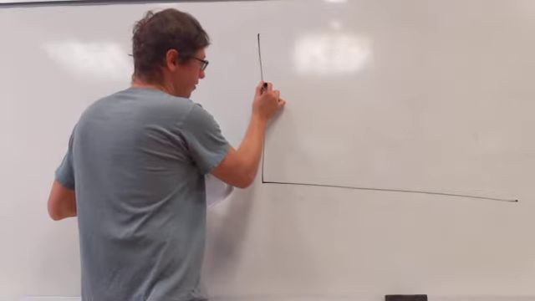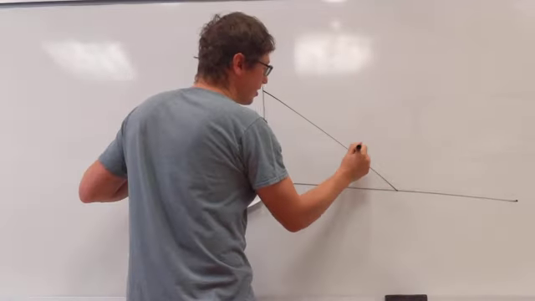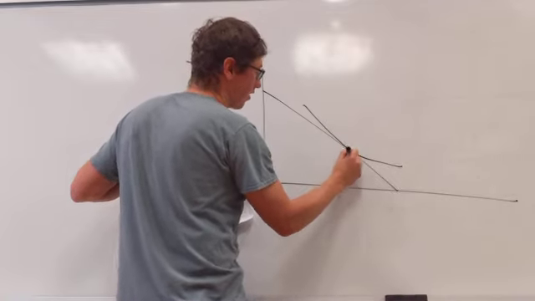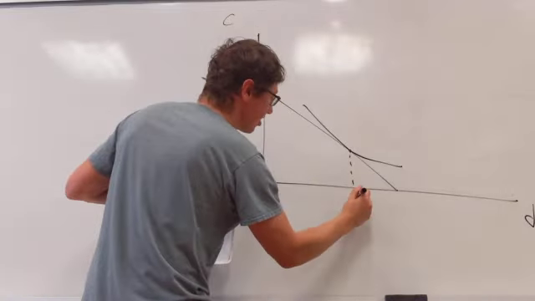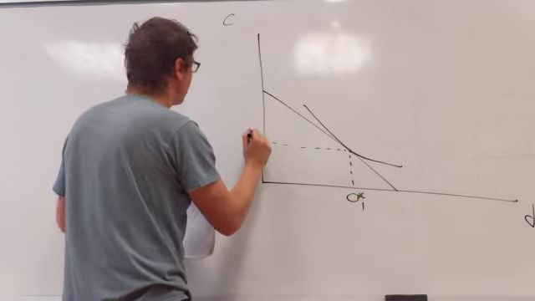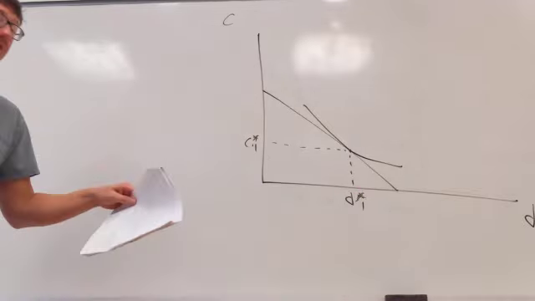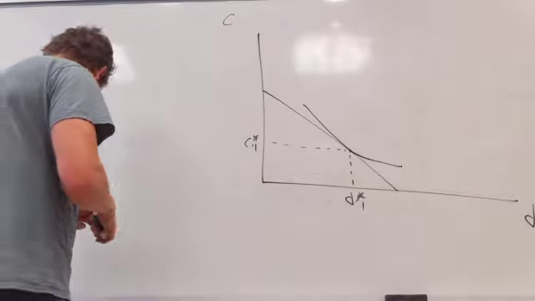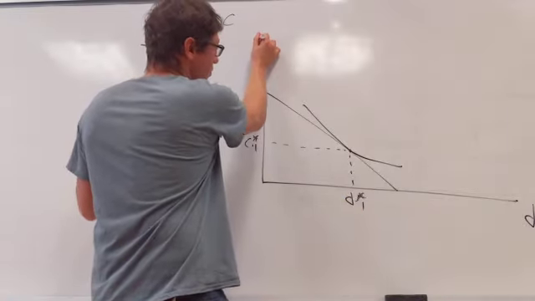Okay, so you have some initial budget constraint, and some initial indifference curve that is tangent to that budget constraint, say here. This is still coffee and donuts, and you have C star 1, D star 1. Okay, and then same idea. The consumer finds $100 on the ground or something. Their budget constraint shifts outward, but the slope doesn't change. Something like that.